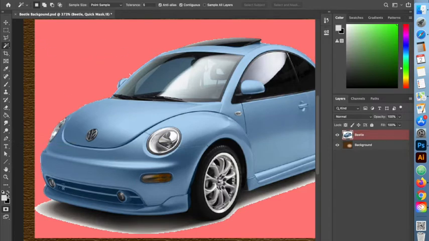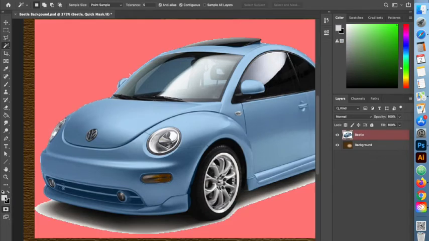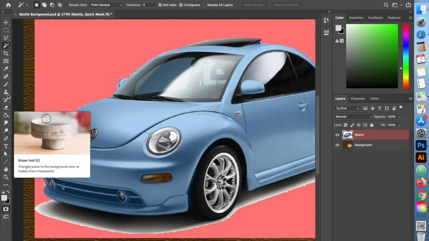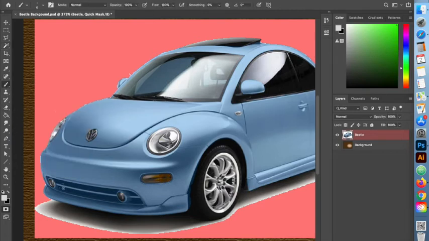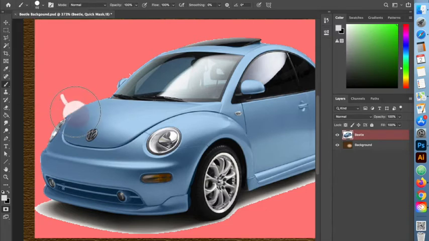So you'll notice that my colors, when I do quick mask, they get set to a default of white and black. And what happens is when I use the brush tool and I'm painting, I have to make sure I have a hard brush and a decently large one too. There we go. So what this is going to do